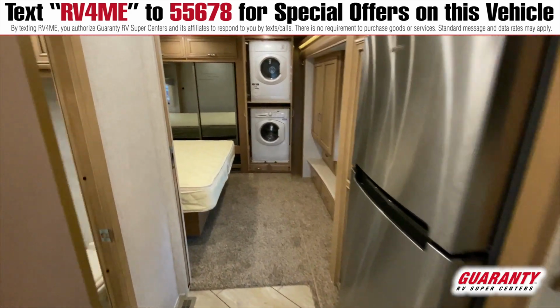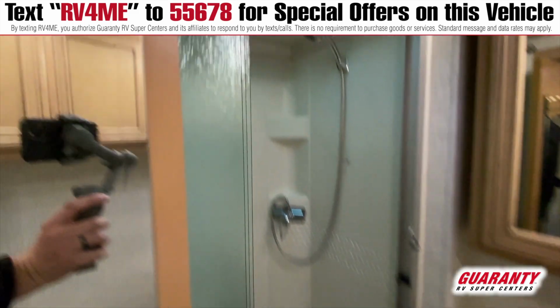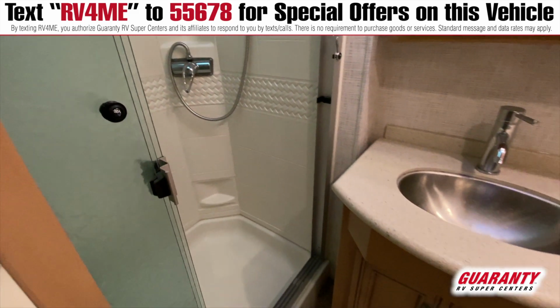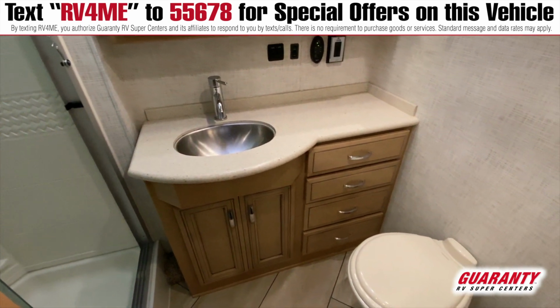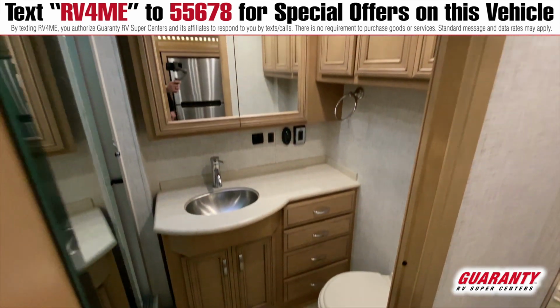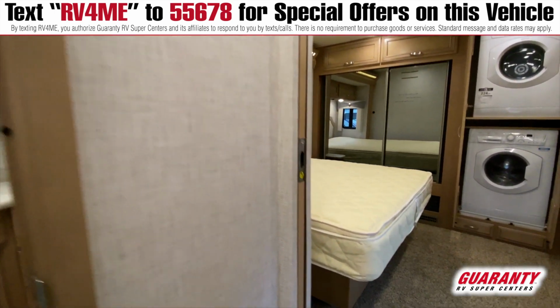And this one actually has a good sized bathroom. I personally really enjoy the counter space and cabinet space. I am one of those girls that has a lot of stuff to put in the bathroom, so big fan of this floor plan. Further back in the bedroom, we have a very large closet on the back wall, and